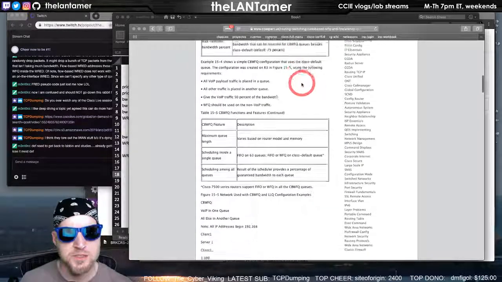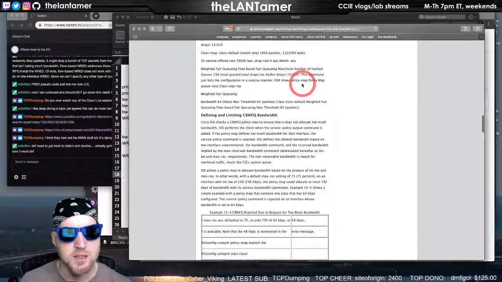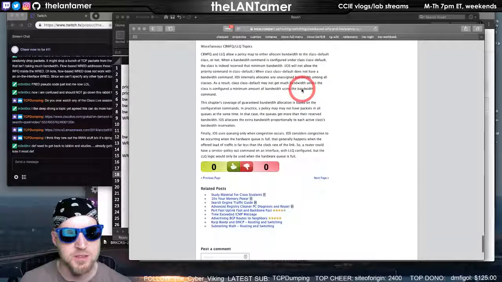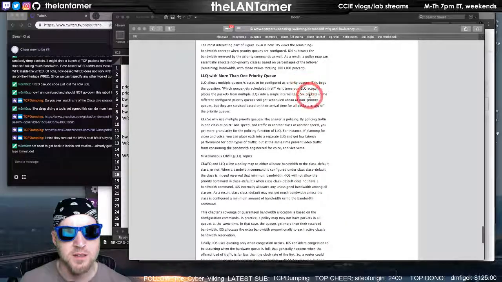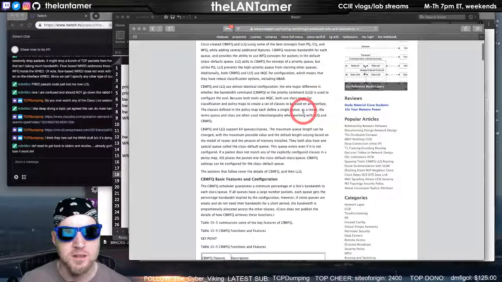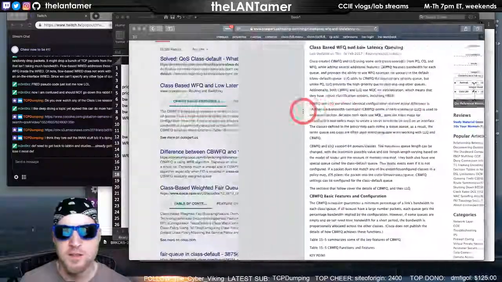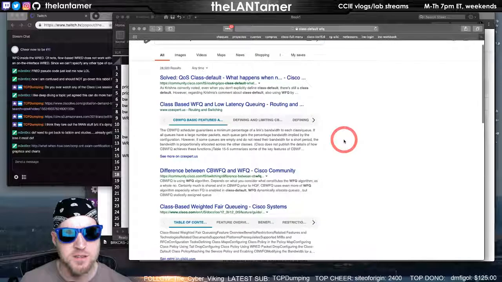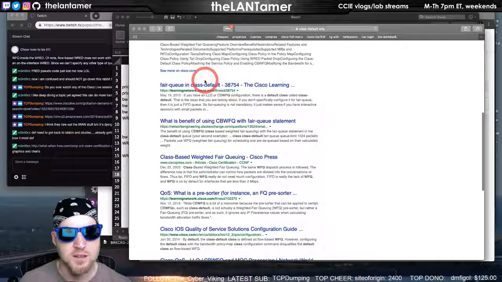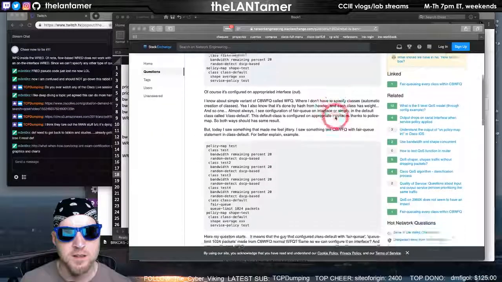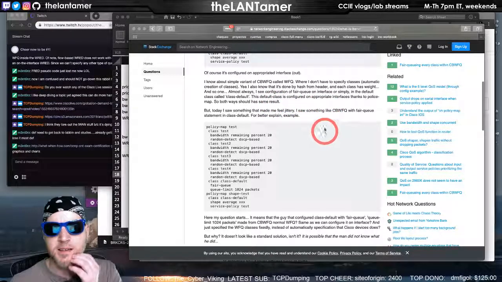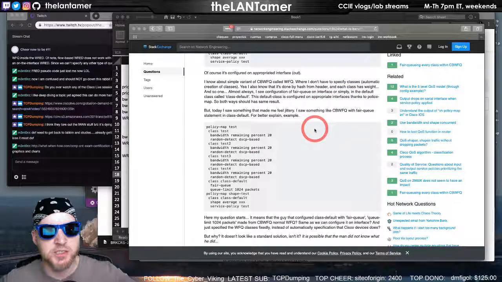Yeah, CBWFQ supports 64 user-defined queues. Weighted fair queuing defines up to 4,096, I believe. That doesn't really give you any information on... Yeah, I don't have to specify classes. Automatic creation based on flows.